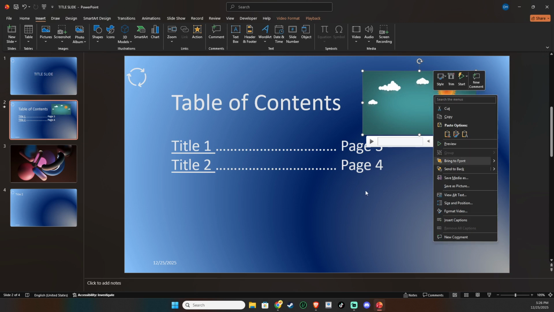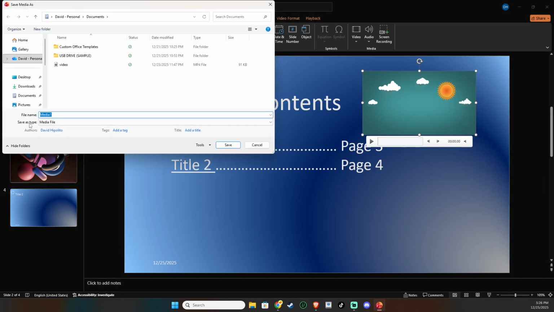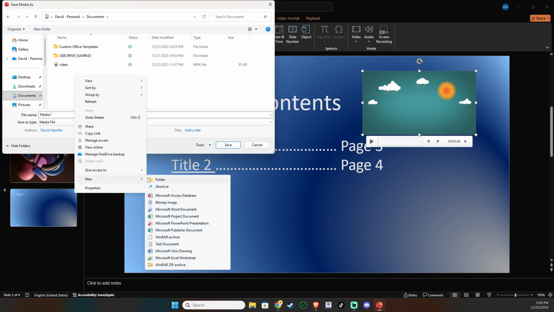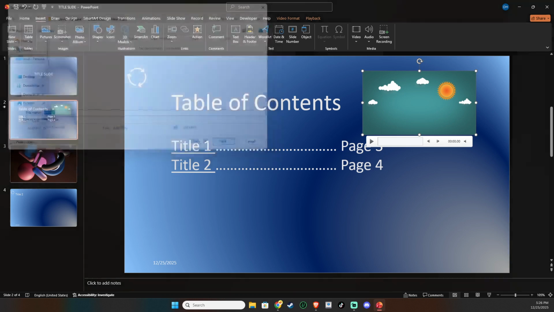Next, save the presentation locally. Go to File, choose Save As, and pick the folder that contains all those linked items. Give your presentation a clear, descriptive name so you can identify it quickly when you're packaging or sharing it. Saving locally, rather than to a network path or cloud-only location, ensures that PowerPoint can reliably pull in the linked